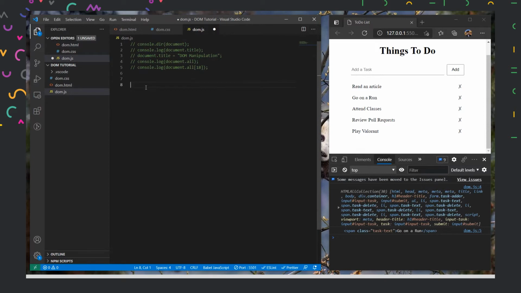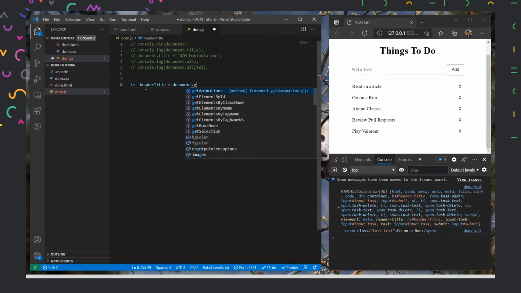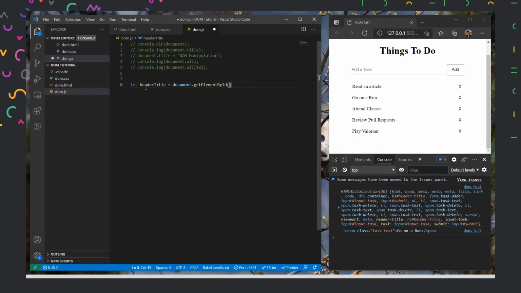So if I have to select it, what I'll do is I'll create one variable and I'll call it header title equal to document dot. Now this is a property of a document itself, and here we could type get element by ID, and then inside this we'll pass on our ID name.